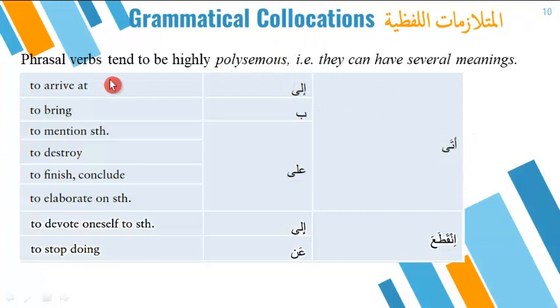So أتى إلى الباب, for example, he arrived at the door. أتى به, he brought it. أتى على, he finished it or destroyed it. Let's take انقطع. انقطع إلى means that he stopped all other actions in order to devote himself to one action. انقطع عن, for example, he stopped an action,